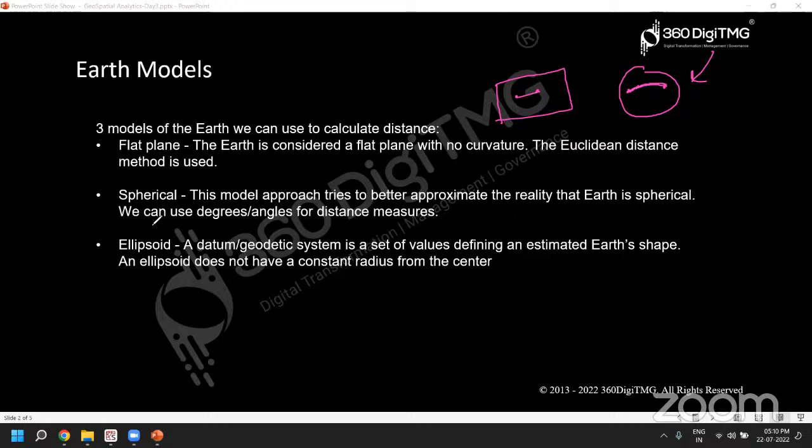And this model is considered to be a better model to talk about the Earth surface measurements. And here the models use something called a datum or geodetic system, right? Now, different types of geodetic systems are there. It basically talks about a set of values that are used to define the shape of the Earth. In fact, the values are giving us the shape of the Earth,